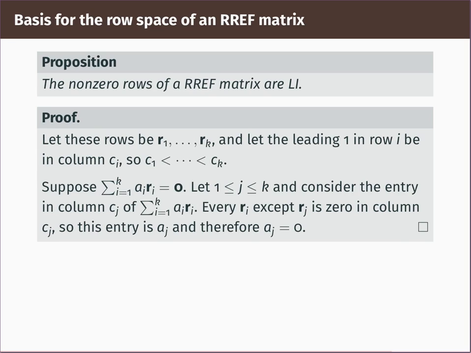Finally, we're going to show that the non-zero rows in a row-reduced echelon form matrix are linearly independent. So let's do that by introducing some notation for the non-zero rows of our row-reduced echelon form matrix. We'll call the non-zero rows R1 up to Rk. And we're going to suppose that the leading one in row i is in column Ci. So because of the row-reduced echelon form condition, C1 must be less than C2, that must be less than C3,